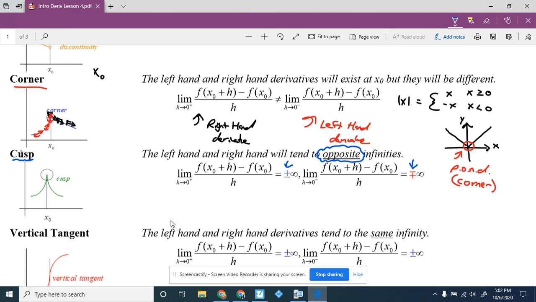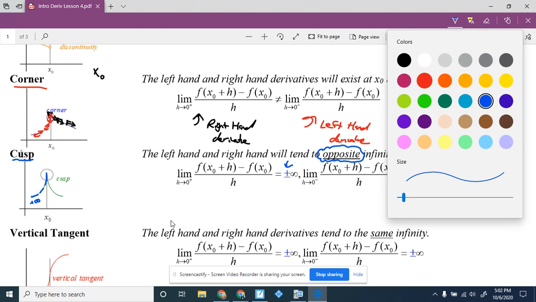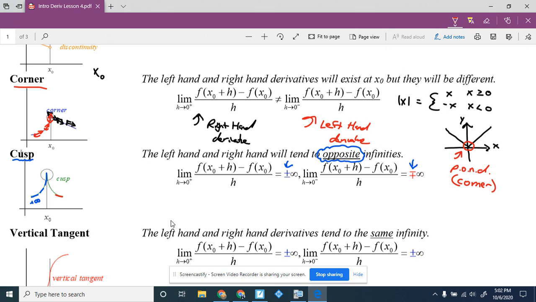Now, think about that, right? If I was to sketch in slopes, that's a positive slope, right? Positive, I don't know, 3. That's another positive slope. Maybe that's positive 5. As I get closer and closer to this point of interest, look at my slopes. They're getting more and more positive. They're going to positive infinity from this side. So my left-hand derivative would be approaching positive infinity. If I looked at the slopes on the other side, right, that looks like a negative 2 or negative a half. This looks like a negative 2. That looks like a negative 7, right? And look, they're getting more and more negative. These slopes are approaching negative infinity. So when the one-sided derivatives are approaching opposite infinities,